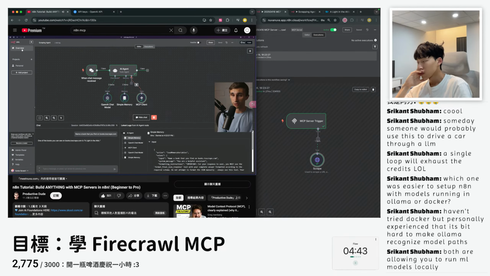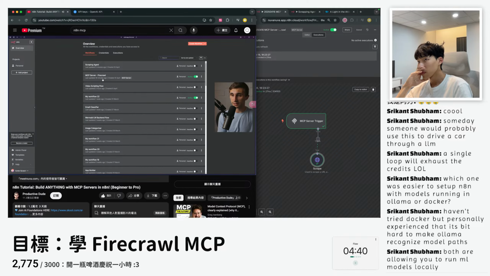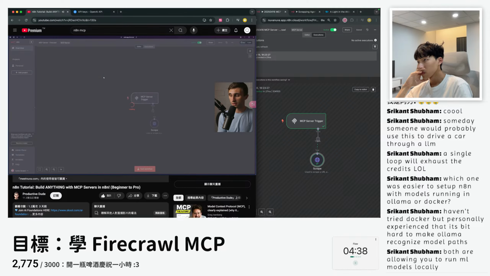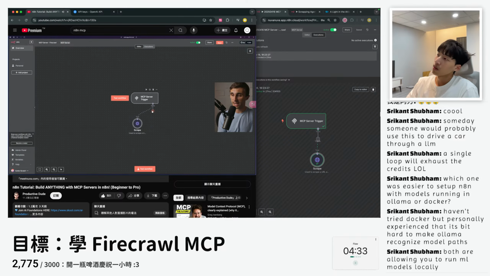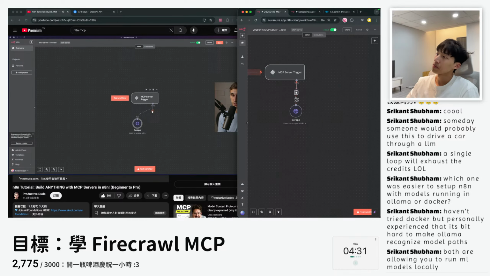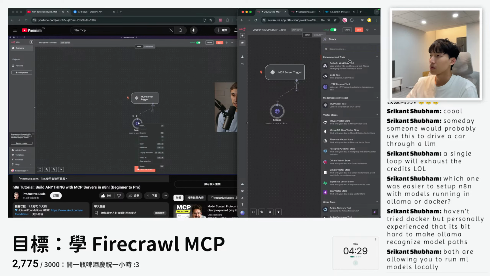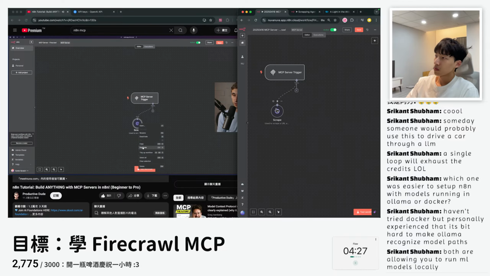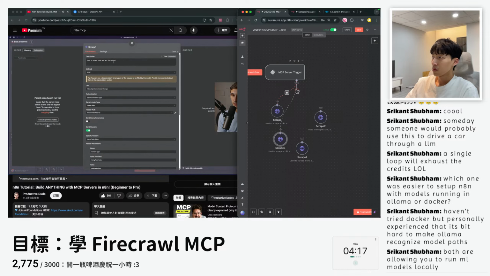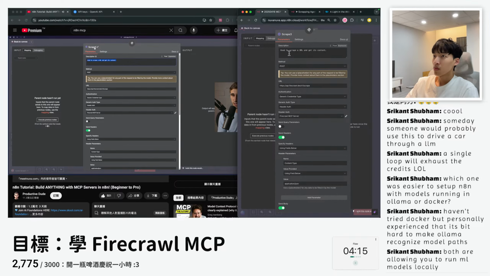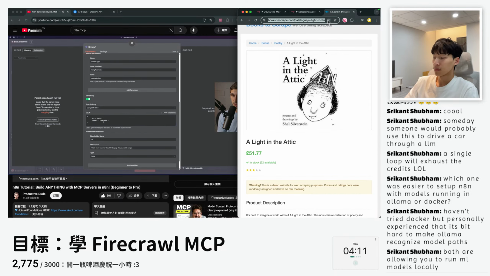So if I go back to my overview, and then I click into the MCP server Firecrawl, I can then go and add in some new tools. So we have Scrape, but now let's add the other tools that Firecrawl allows us to use. To simplify this process, I'm just going to duplicate this one that already exists, and we'll just edit it a bit. So we'll drag tool to connect that, and now it's connected, and I'll click into it. And here we're just going to change the description, the name, the URL, and potentially this JSON here.